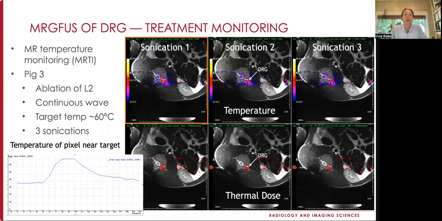We performed real-time treatment monitoring during each sonication to verify the target location and measure the temperature at the target and surrounding tissues. For better visualization of the heating, the 3D temperature volume is reformatted and overlaid on the high-resolution T2-weighted anatomical image. DRGs were easily localized, and due to the large spinous